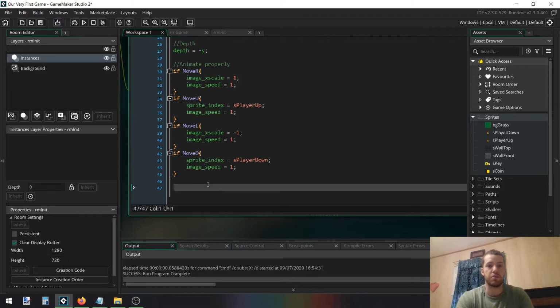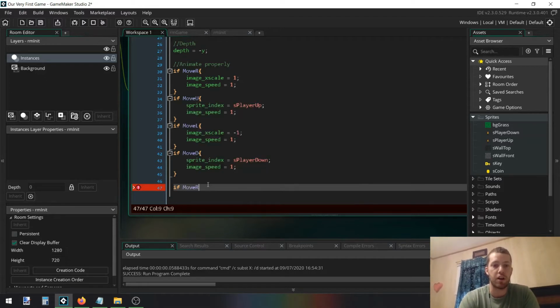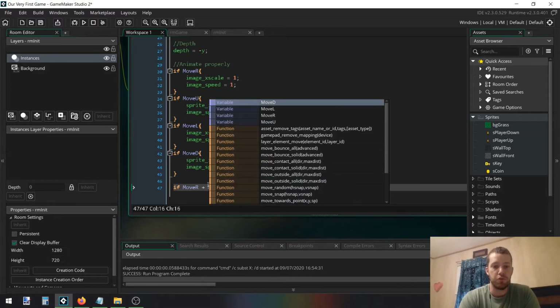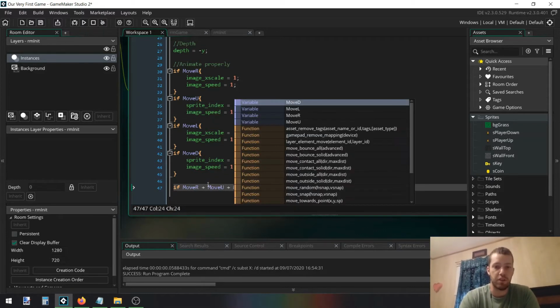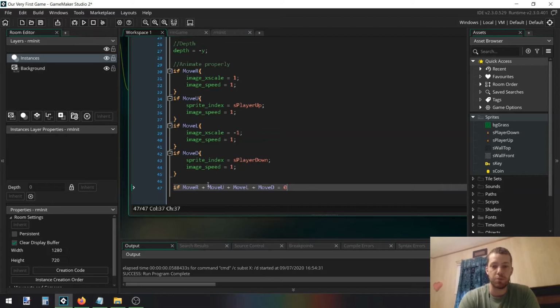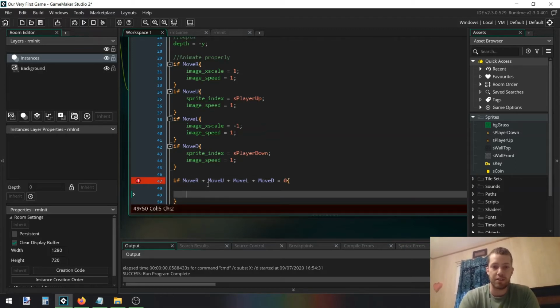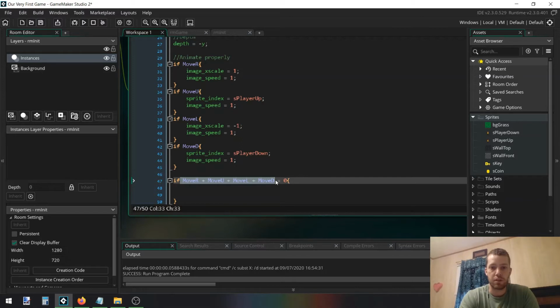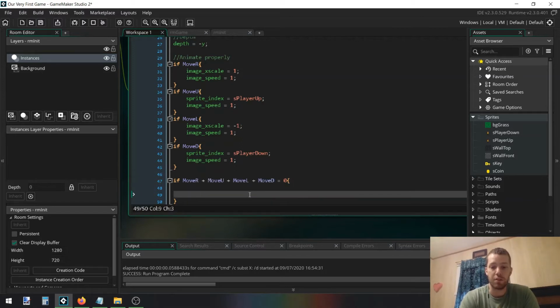Now the very last thing we'll do, I'm just going to bunch them all together here, is check if we're moving in any direction. If we're not, then we are going to pause animation on the first frame of that animation, which is the standing still frame. So if move R plus move up plus move L plus move D down equals 0, what that's saying is it's looked at all those inputs and it's equal to 0, that means we're not moving. So image speed equals 0